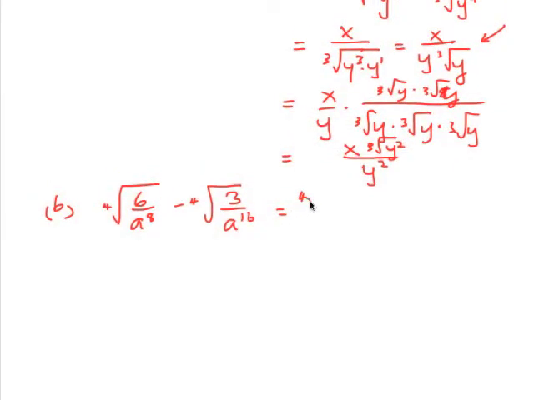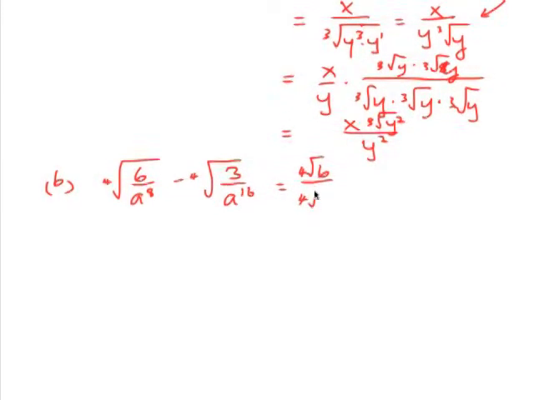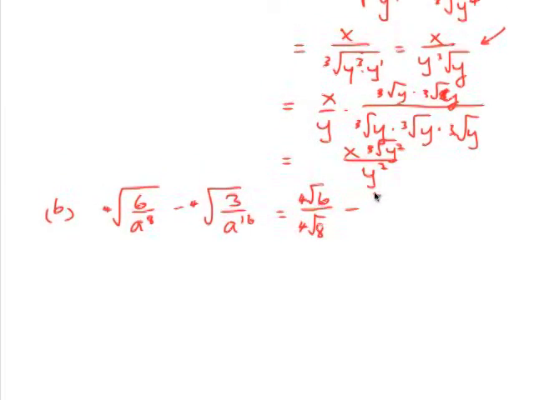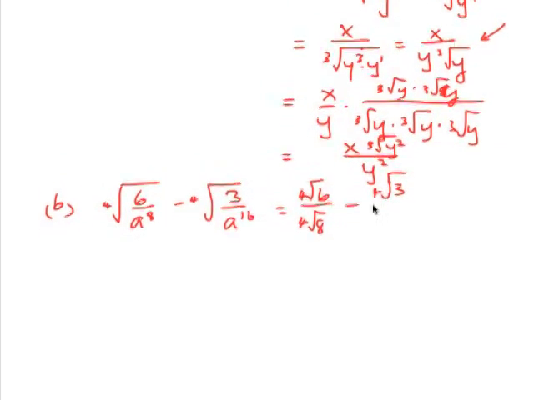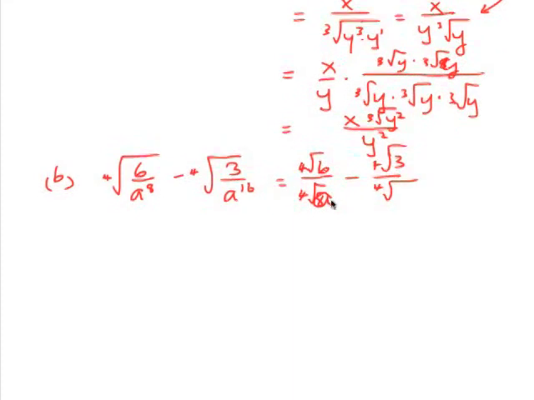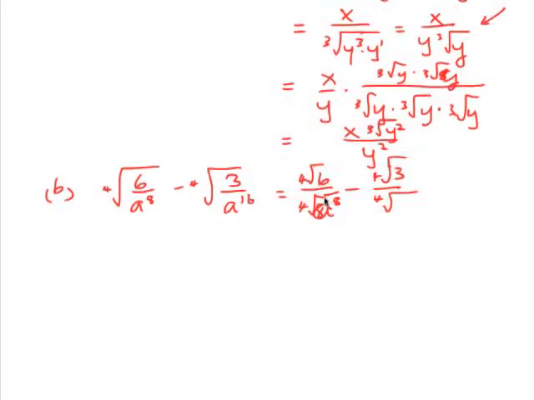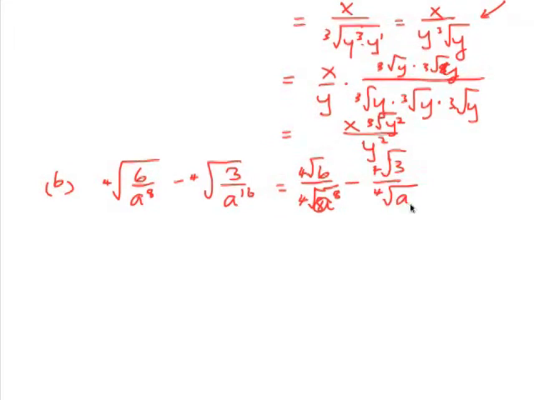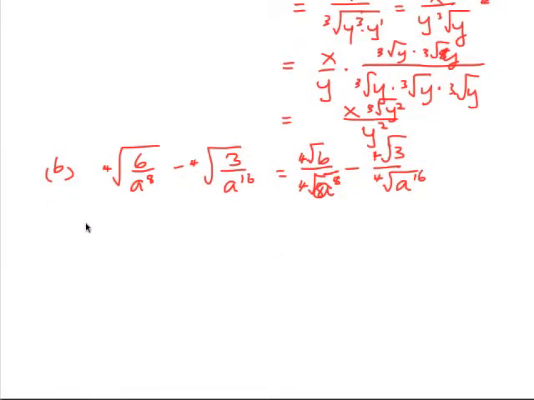So this would be the fourth root of 6 over the fourth root of a to the 8 minus the fourth root of 3 over the fourth root of a to the 16. Right, so this becomes the fourth root of 6 over, let's have a look here, the fourth root of a to the, so 8 will be a squared to the 4,